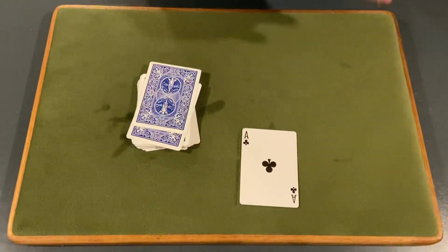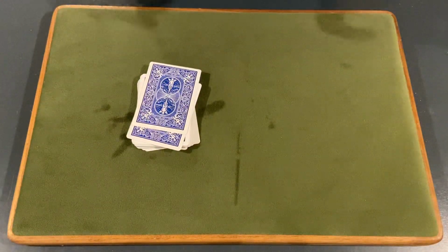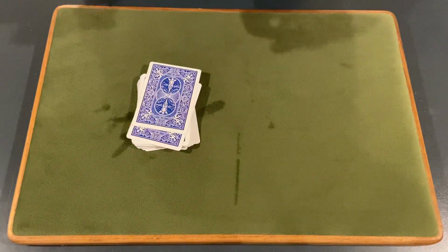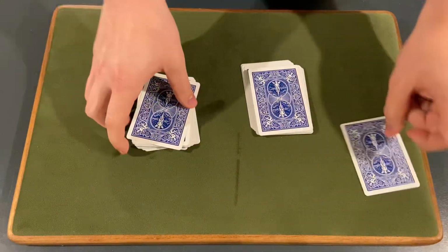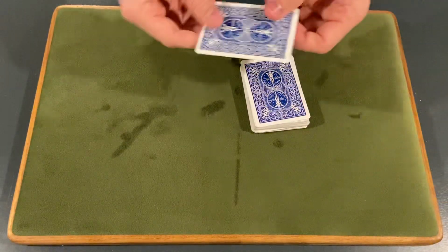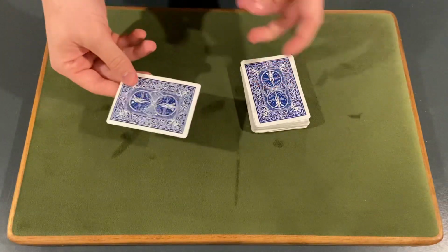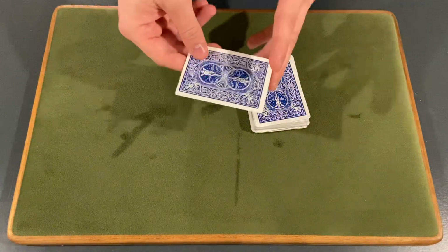All right, guys, let's learn how to do this pretty cool trick. So, there kind of is a little bit of a setup for this, but it's pretty simple. There's a few things you could use. So what I have here is also known as a short card. So basically what you do is you can take a pair of scissors, and you can cut just a little